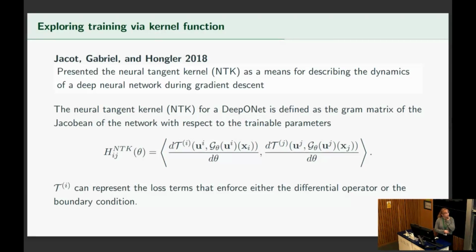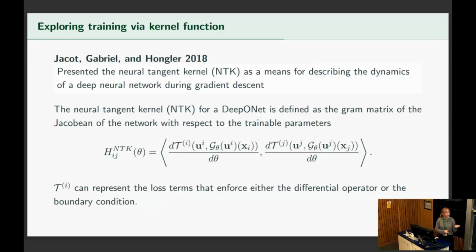So in this case, the trainable parameters are given by theta, and t represents our loss terms, which in a DeepONet, there are many more loss terms in your loss function that you're trying to minimize over because we're learning an operator. And so t represents the differential operator or the boundary conditions. And again, this work is purely theoretical and focused on and highlighted the fact that the eigenvalues of the NTK